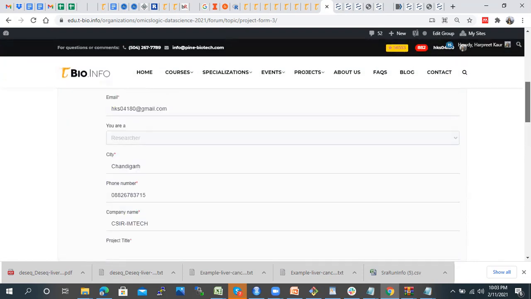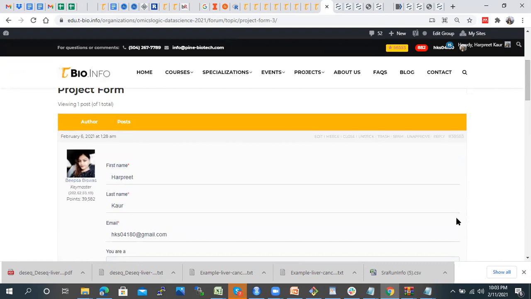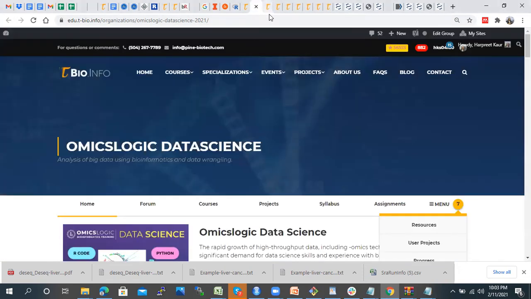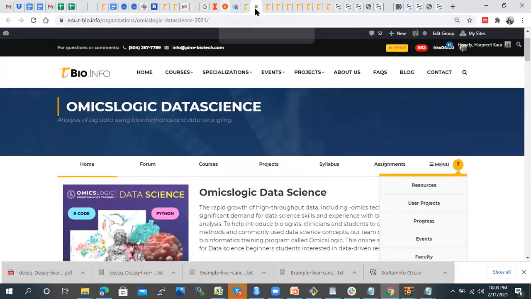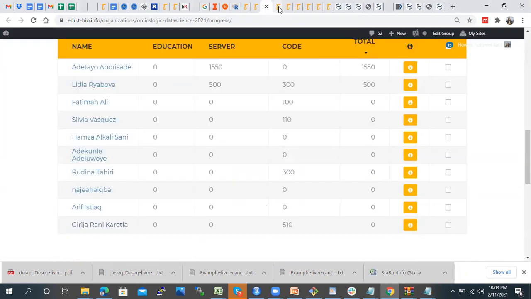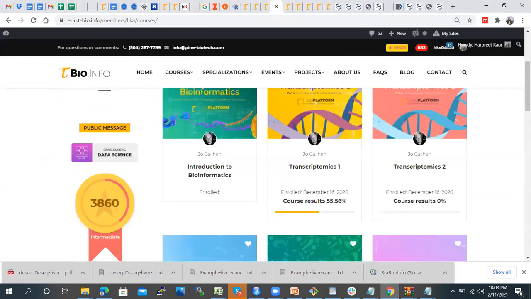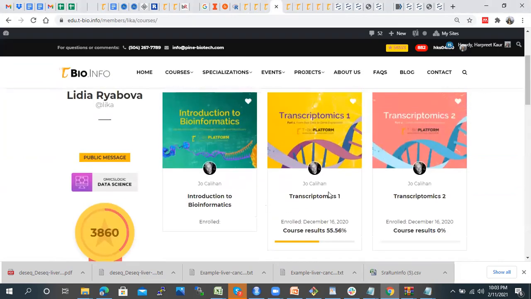If you want to do any research project further, there are some things you need to do. Especially if you're interested in transcriptomics analysis, these are the courses I was looking at. Most of you have not completed them except Rudina, who has completed many of these courses. Transcriptomics 1 is about how you can generate a gene expression table from raw sequencing reads.